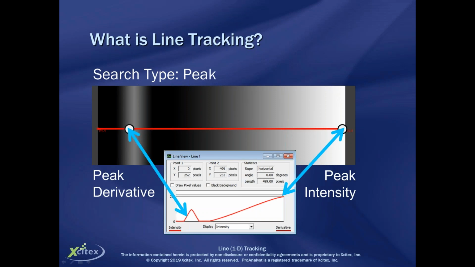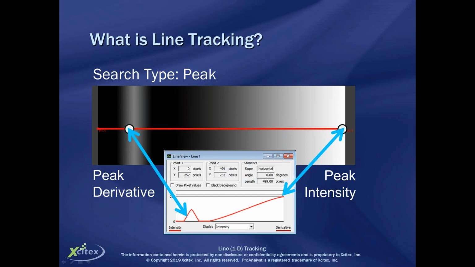Okay. So this is what happens when we're looking for a peak search type. In this case, I have both a peak intensity and a peak derivative value here. You can see that the peak intensity is on the brightest portion of the gradient and the highest portion of the graph, and that's on the far right-hand side of both of them. The peak derivative exists on the steepest portion of the slope, or where the greatest change is in the line value. In this instance, the peak derivative exists on the left-hand side of the slope,